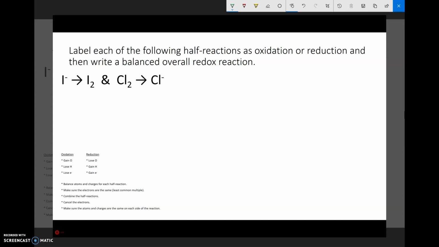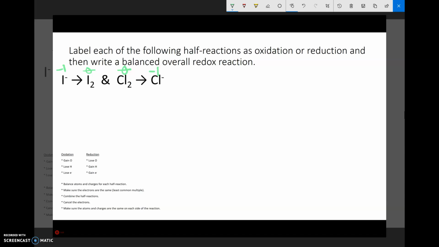So in this situation, we don't have oxygen or hydrogen. So let's go ahead and assign oxidation numbers. So right here, when we have a monatomic ion, the oxidation number is always what the charge of the ion is. When elements are by themselves, we call this their elemental form. That also applies if it's a diatomic molecule. And these are going to be 0 because they have the same atoms. So iodine, same atoms. If we have 2 of them, they have the same electronegativity, so they're going to have a 0 oxidation number. Go over here, chlorine's in its elemental form, it's a 0. Over here,